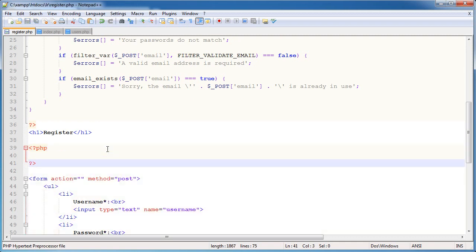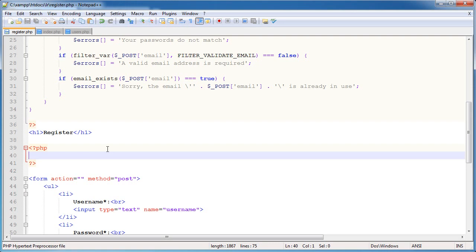go ahead and open up some PHP tags, and I want to check whether this errors array is empty or not. Now, if the errors array is empty and the user has submitted the form, that's important as well, because obviously the errors array by default is going to be empty. Then if it's empty and everything's fine, we're going to create the user, redirect the user, and that's it. Otherwise we want to output the errors. So we need an if statement,